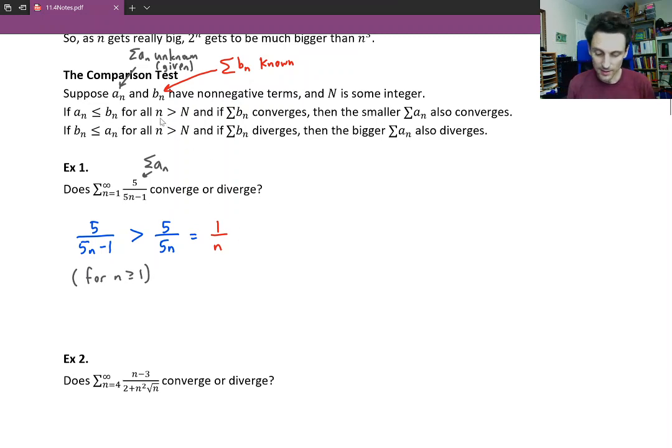As it mentions, you want to have some big N, some point in the series where after that this inequality is true. And if you can't have that, then the argument doesn't really work anymore. So this is just saying eventually the terms of this series that we were given are going to be bigger than the terms of the series 1 over n. And then we'll finish off here by saying since the series 1 over n